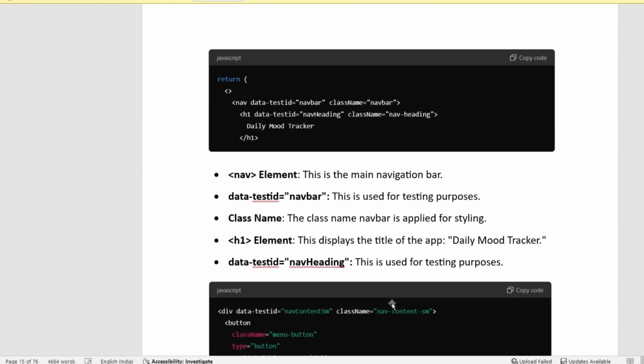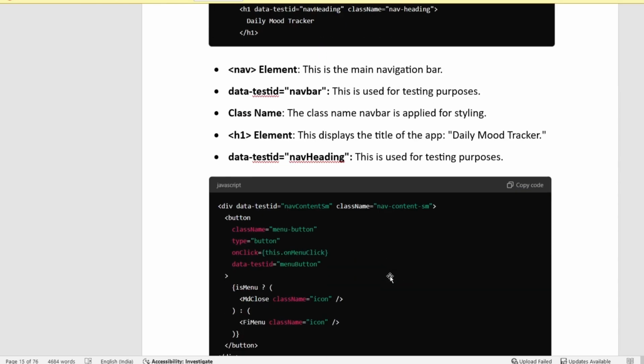Then this nav element is the main navigation bar, and the data test ID navbar is used for testing purposes. The className navbar is applied for styling. The h1 element displays the title of the app, Daily Mood Tracking. This is the header of the application, and the test ID nav-heading is used for testing purposes. Okay, and next